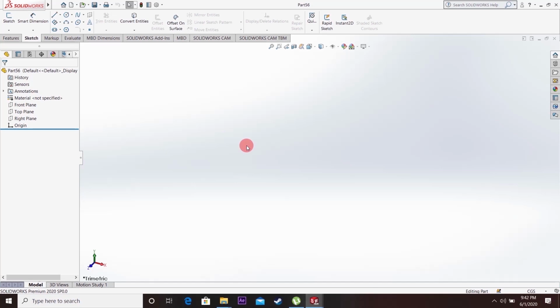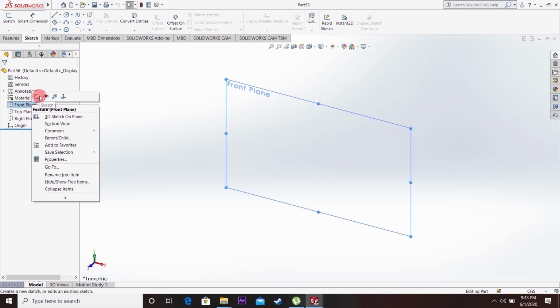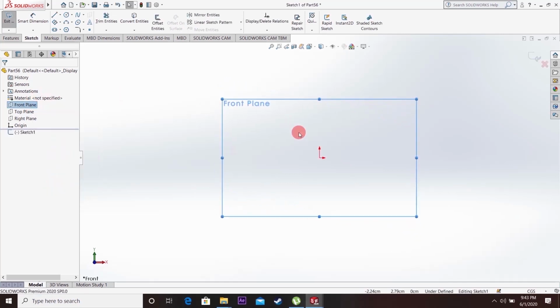Same like that, in any CAD software, to sketch something you need to have a plane. So SolidWorks gives you 3 planes by default: front plane, top plane, and the right plane. If you want to sketch something on the front plane, simply right click on it and select the sketch option. So you can see this origin over here. It means that we are currently sketching on the front plane.